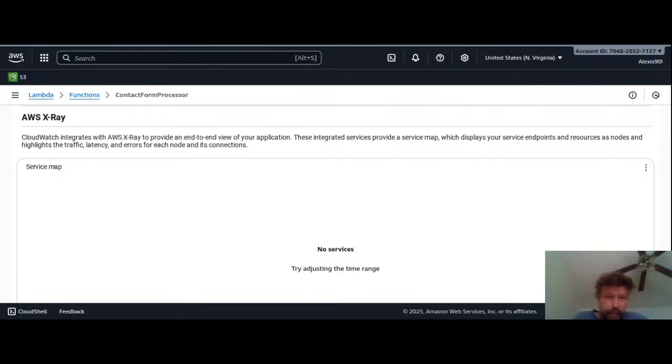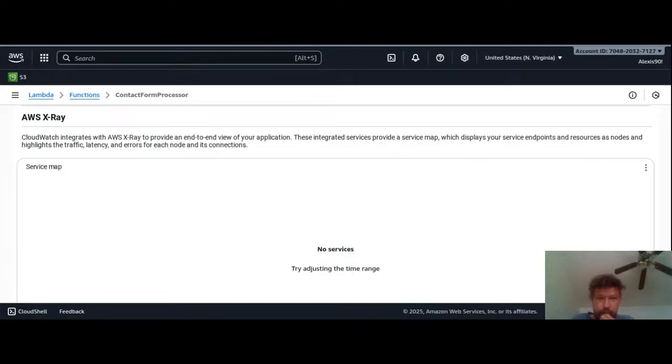It just highlights the traffic, latency and errors for each node and its connections. So that's another service that, if you're a cloud support engineer, you need to learn. I don't have much experience with it, so it's something I need to learn too. I'm still learning, trying to grow at this. But anyway,